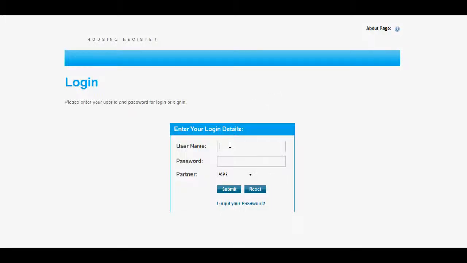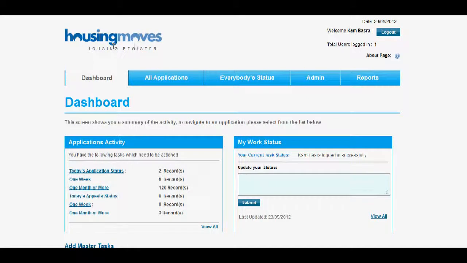In order to log into the system, first of all input your username, which was provided for you by the GLA, followed by your password. In the drop-down menu, please ensure that you click Housing Moves as the partner and then click Submit. This will take you to the dashboard where you will see that it welcomes you and the date that applies